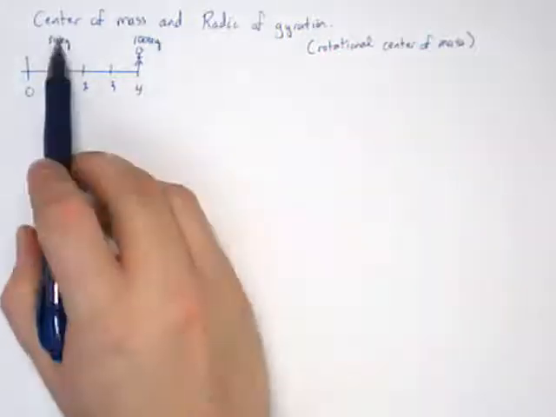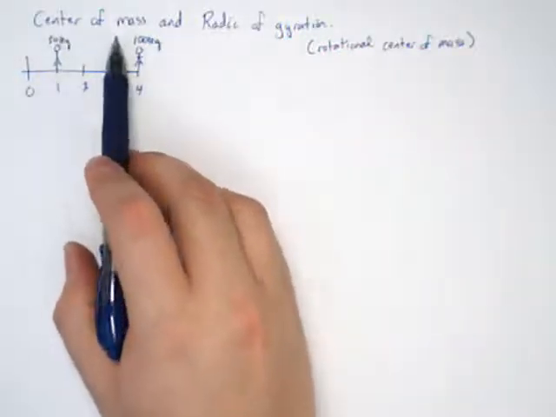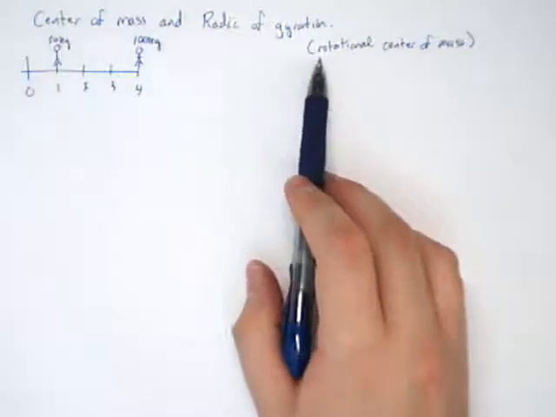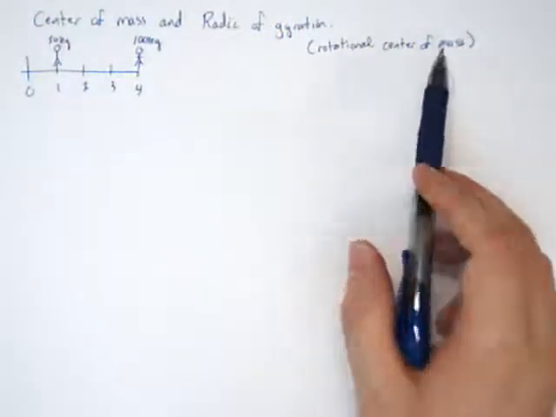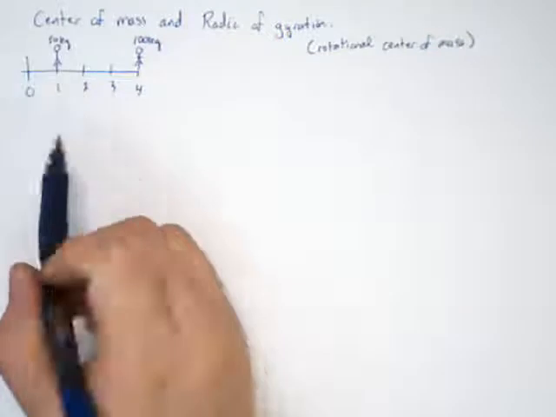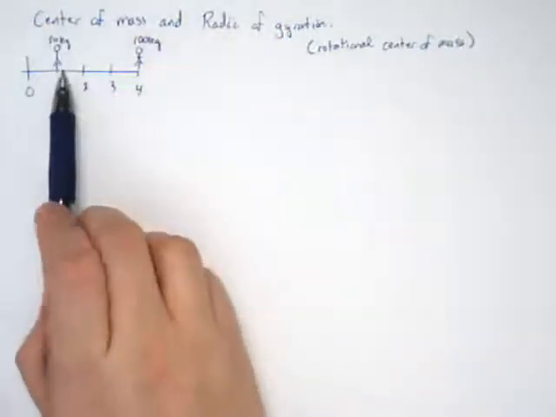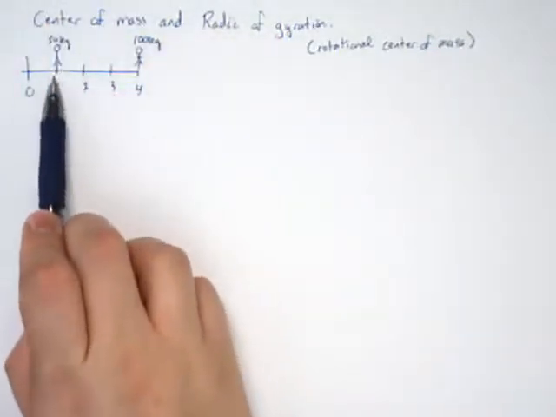In this screencast, we're going to revisit the center of mass, and we're also going to add an idea called the radius of gyration, which you can think of as a rotational center of mass. First, the idea. Suppose you're standing on a pier, and you've got one person who weighs 50 kilograms standing 1